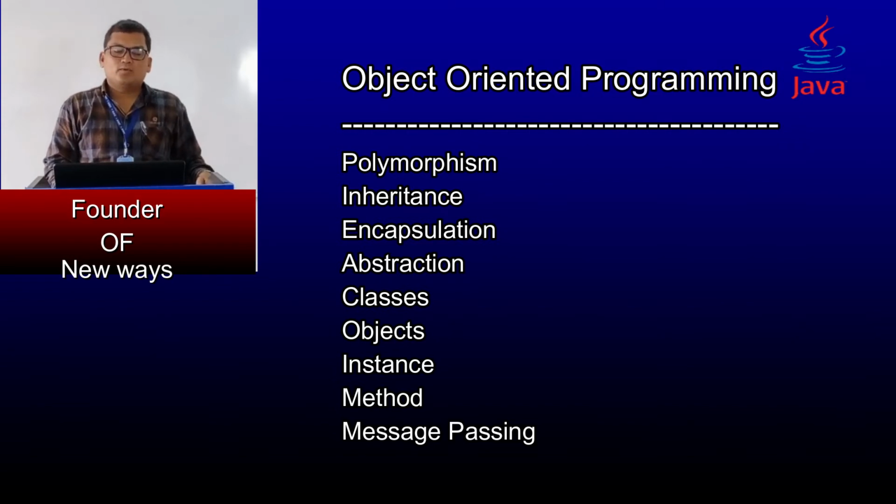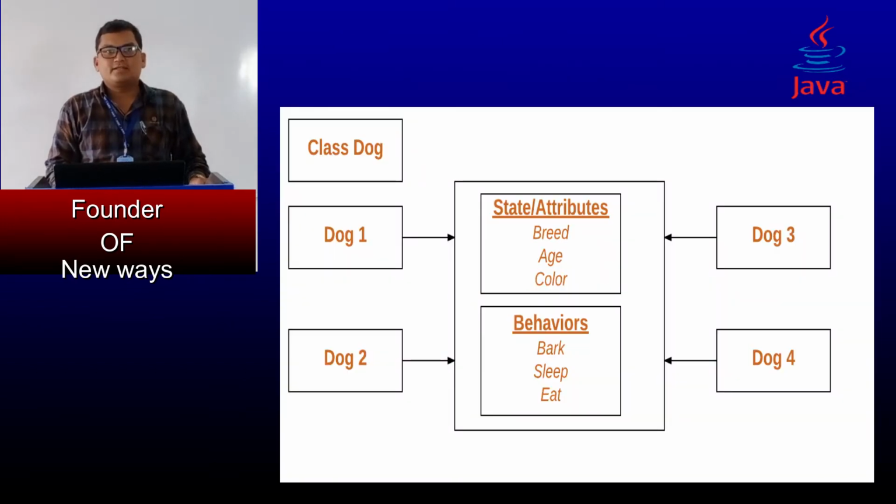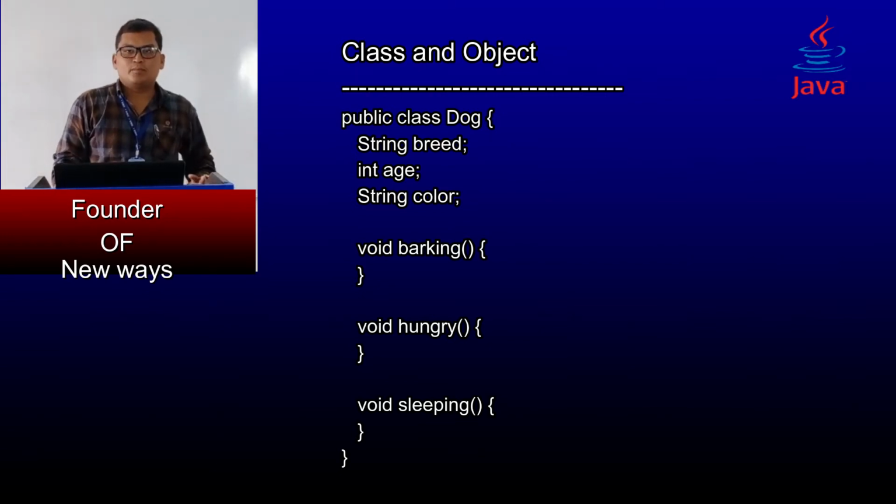Okay. So what is an object? An object has state and behaviors. For example, a dog has states like color, name, and breed, as well as behaviors like wagging the tail, barking, and eating. An object is an instance of a class. What is a class? A class can be defined as a template or blueprint that describes the behaviors or state that the object of its type supports.